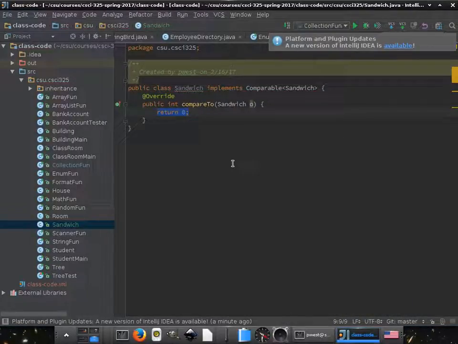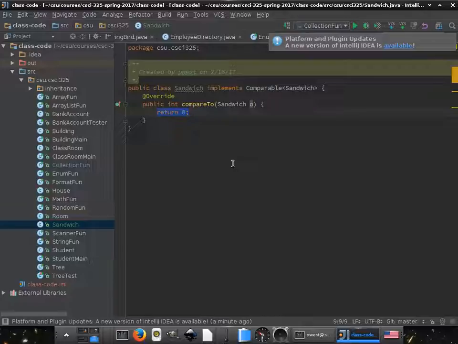Now, why am I doing this? If it implements Comparable, it's forcing it to implement this function. Comparable is part of the Java util library, and once you've defined something as comparable, you are now allowed to call Java utilities. For example, sort. Once you have an object that's comparable, you can basically call Collections.sort, and it'll just sort your list of whatever for you. So a lot of algorithms have been written for you